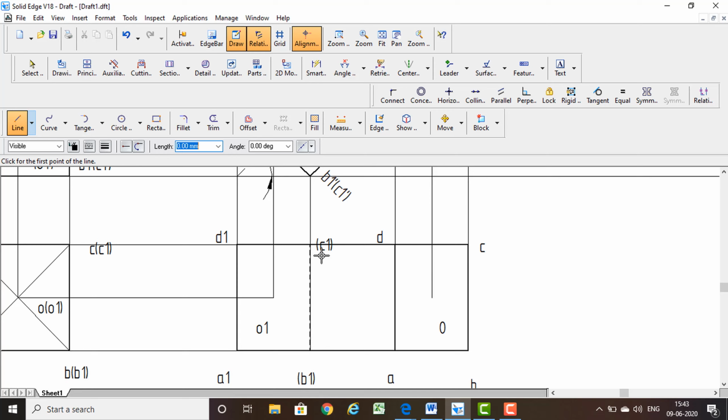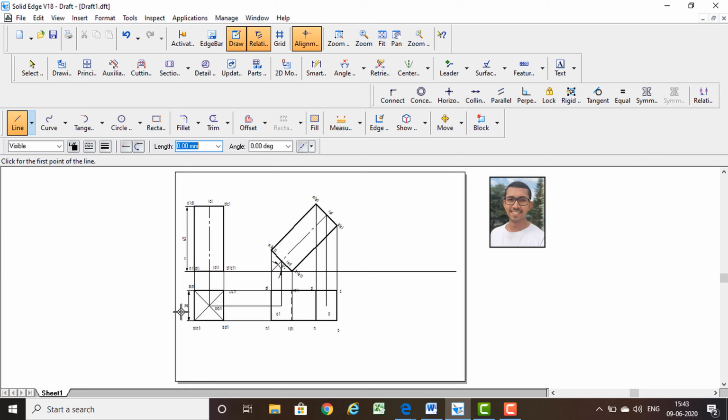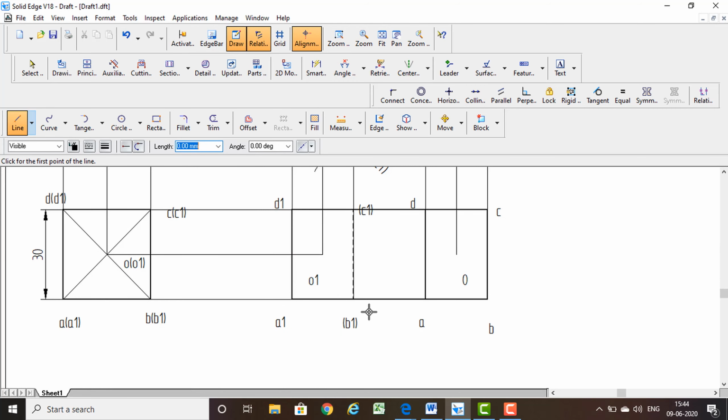So now we need to check whether it is a beta angle problem or not. So what is the resting edge dimension? See here it is 30. And after drawing the top view, what is the edge of B1 and C1? Is there any change? There is no change. Hence, this doesn't come under a beta angle problem.